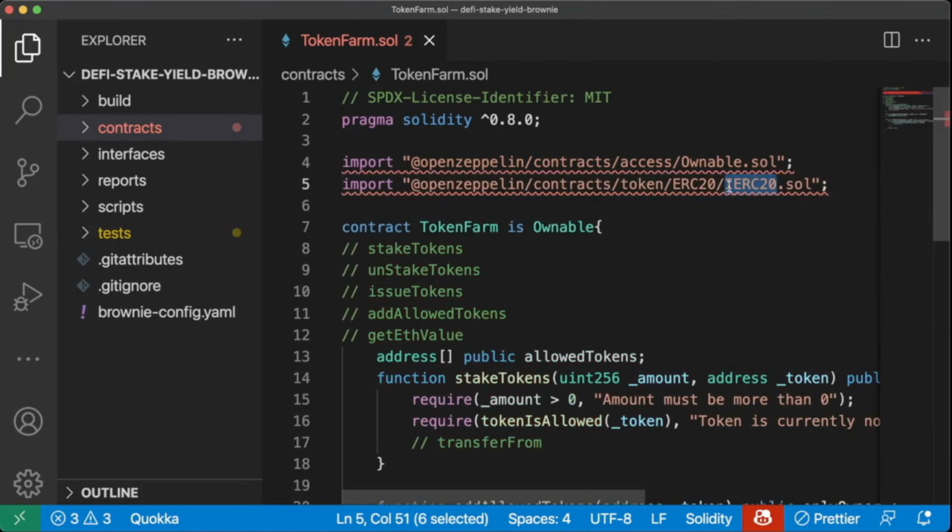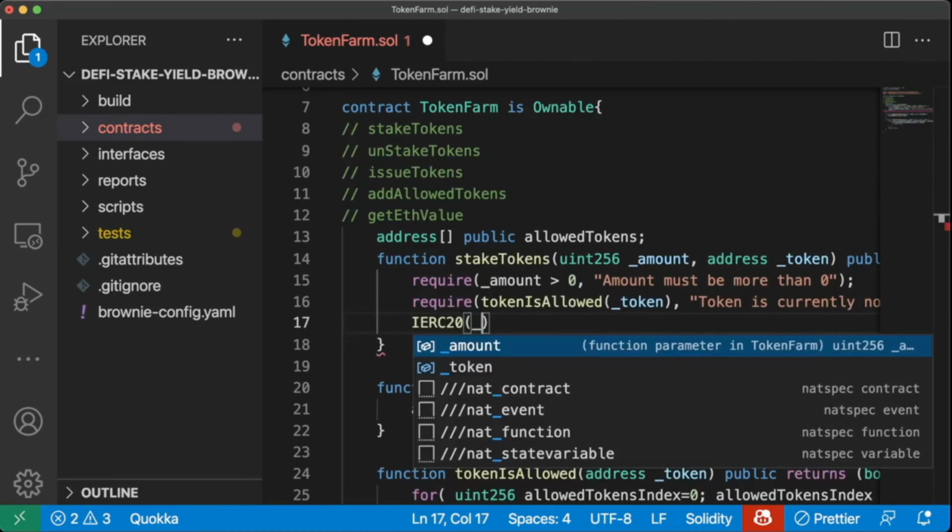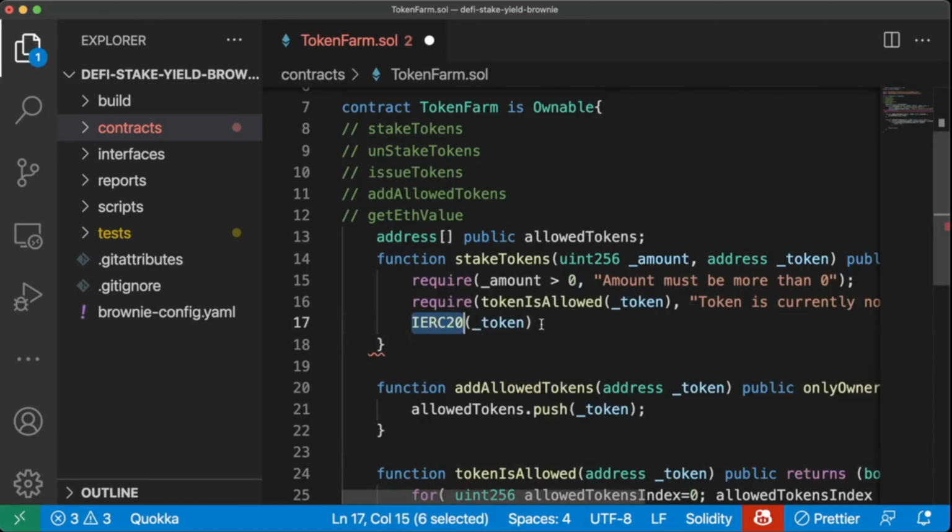We're using the interface here because we don't need the whole contract. Anyways, let's now wrap this token address as an IERC20 token. So now we have the ABI via this interface and the address, and we'll call that transferFrom